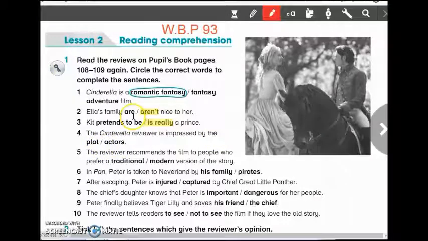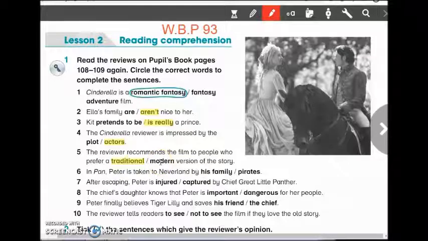Good job, girls, by the actors. Number 5. The reviewer recommends the film to people who prefer a traditional or modern version of the story. Excellent, girls, a traditional. إذا كان ينصح أو يرشح الفيلم للناس التي تفضل النسخة التقليدية, not the modern, ليست الحديثة